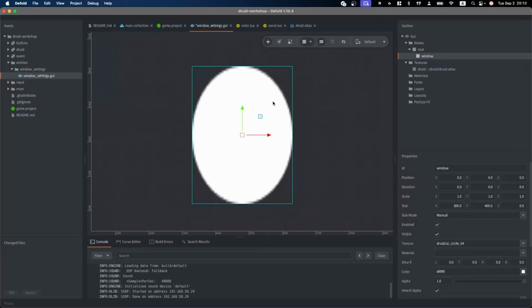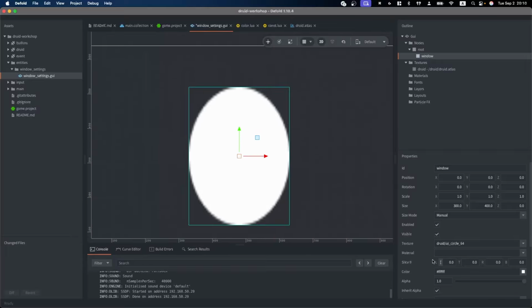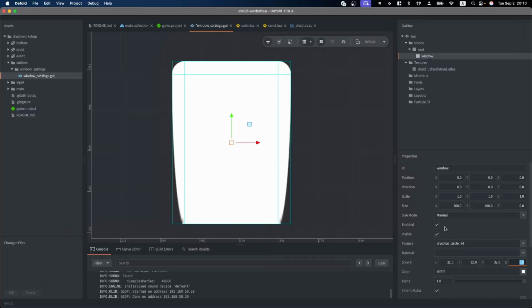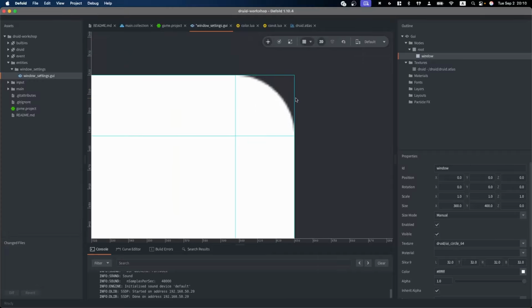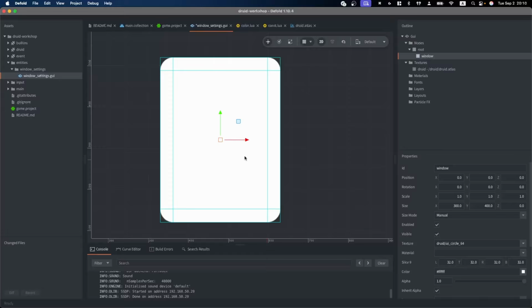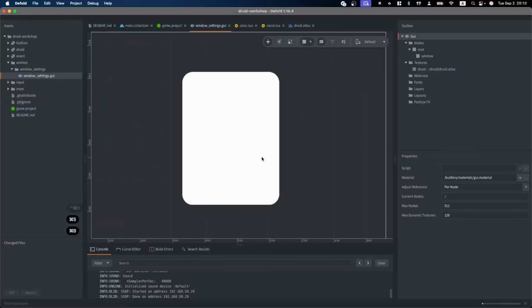But to make it look good and better, we will use the slice 9 feature to mark which part of the image will not be stretched when the image is resized. For a circle, we will use half of the image from all the sides. So this half of the image, a quarter of the image, is no longer resizable, and our middle part is. So, well done. We have a nice looking window settings now.